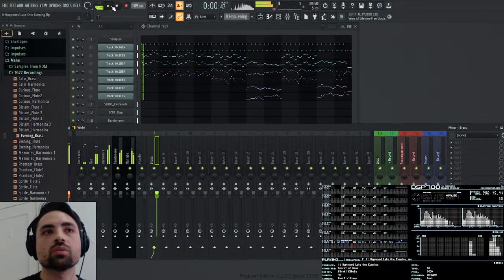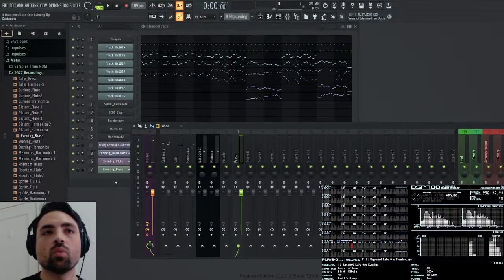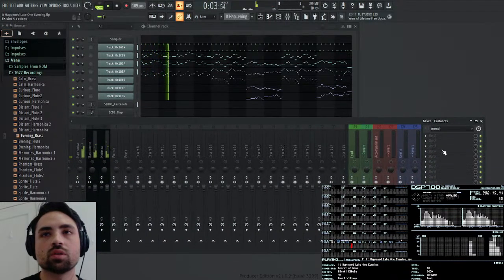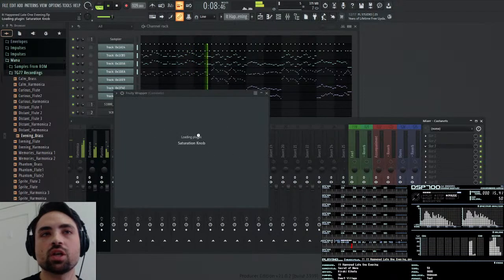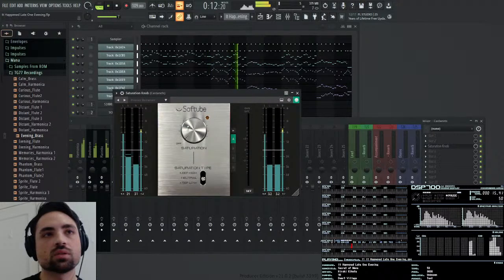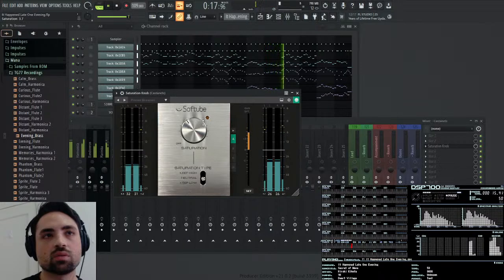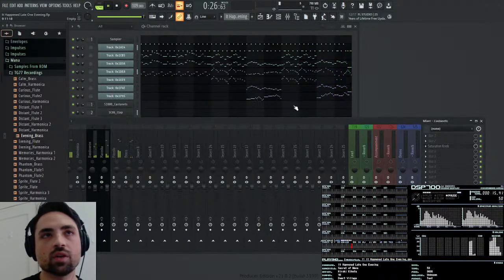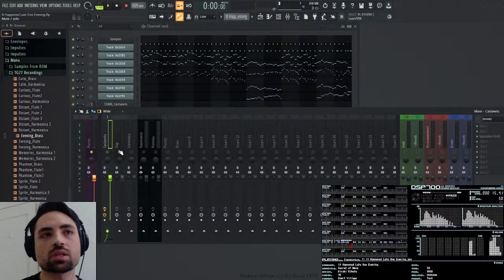I'm going to go one by one and check out these instruments and see what they need. So this could be beefed up a bit. It's kind of weak. Let me add a saturation knob. We want big beefy drums. There we go, make it pop. So that's good. Let me set the volume to be like volume compensation. And then that's really all I need to do. I don't need to do anything else. That's pretty good like that.